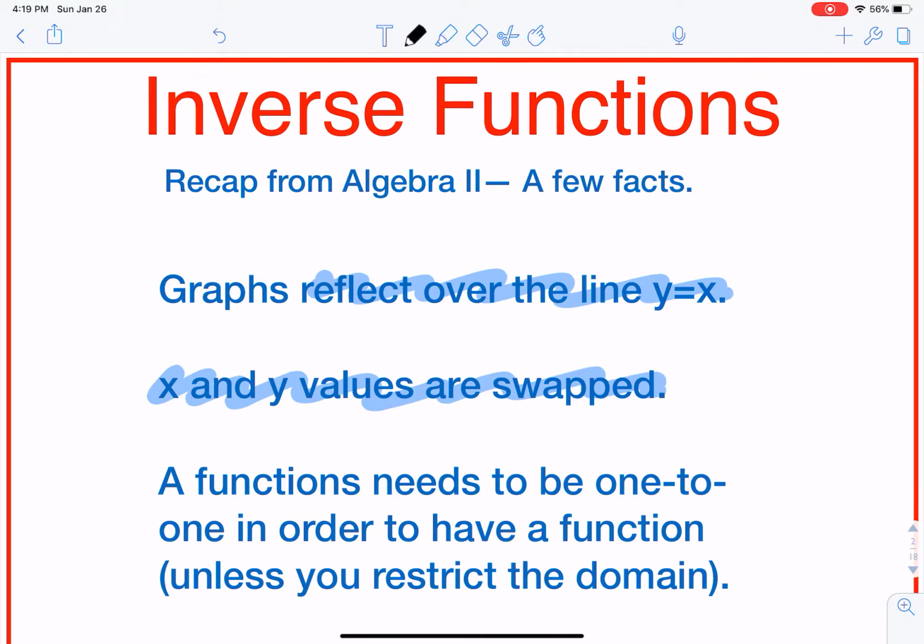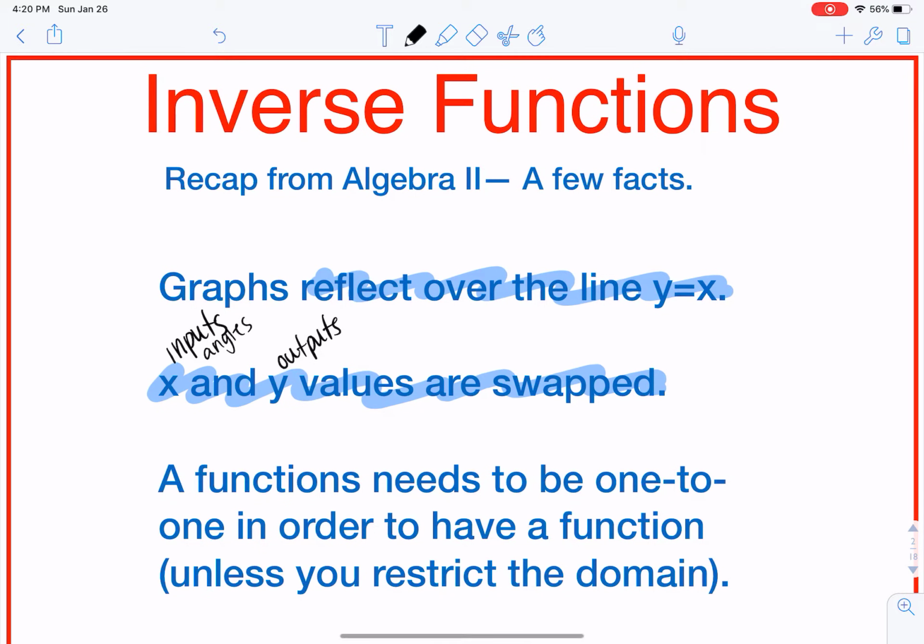So as we think about x and y values, when we talk about x's as inputs and y's as outputs, remember for these trig functions that my inputs are angles and my outputs are either x values or y values or a ratio of the two. So my outputs, remember, those x values and y values represent side lengths. So when we swap these things, we're talking about taking an inverse function and putting in side length values and